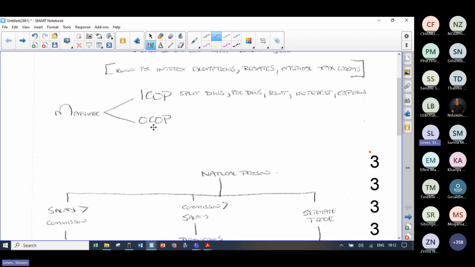You don't have to split if it says it's outside of the community of property. Let me explain how that would happen in an exam question. It can say Mr. and Mrs. A were married in community, but when his mother died, because she hated his wife, she insisted that any of the inheritances would not form part of the in-community of property. So if that is the case, you will split everything else, but whatever the mother gave to him, you won't split, because in the will, it says it's not part of the in-community of property.